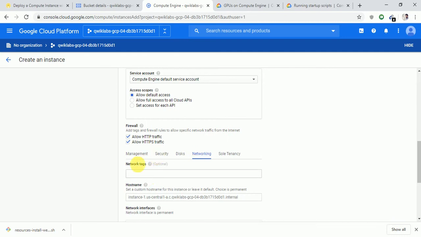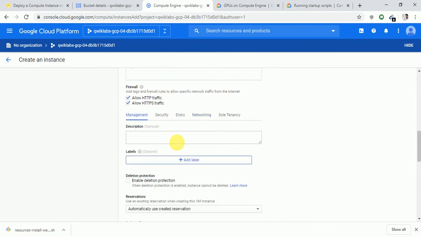For example, say I created a new rule in the firewall called HTTP test, then I'll give the tag here, so it takes the rule HTTP test. Now I'm not doing that. I will show you this in later videos. So now I'm allowing the default firewall rules here.